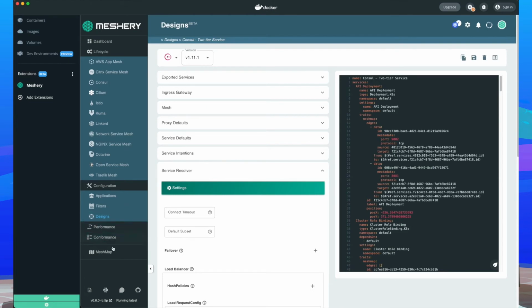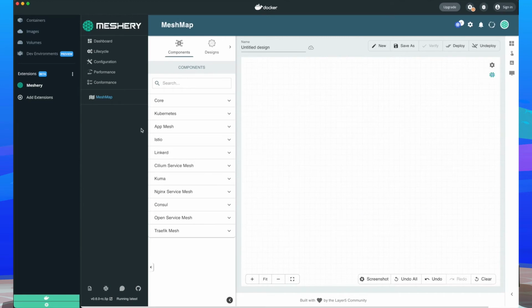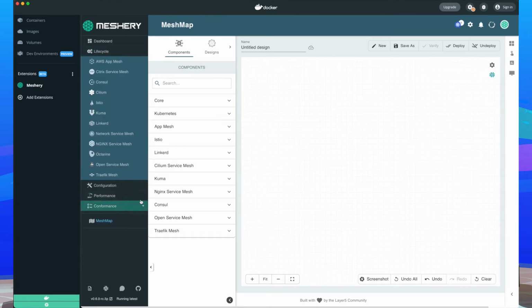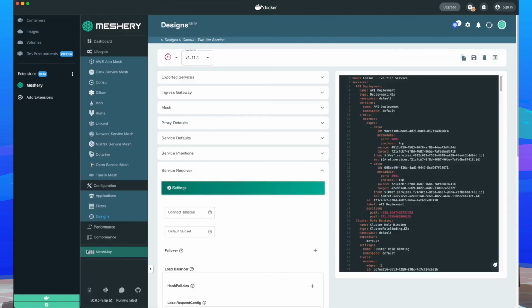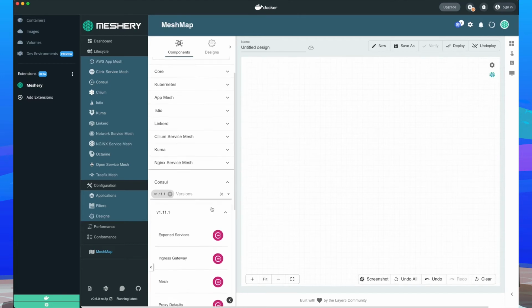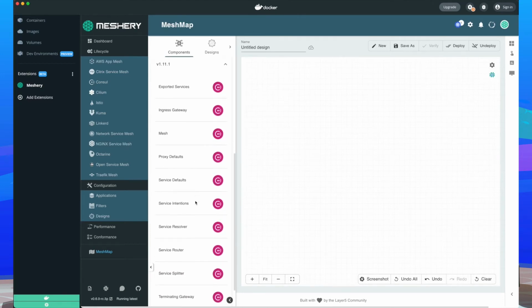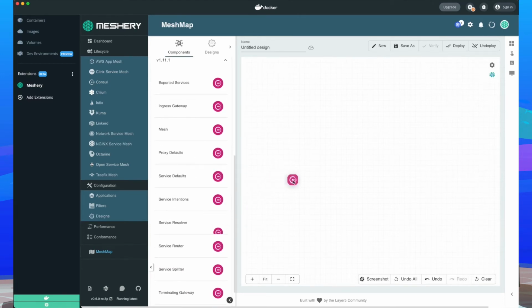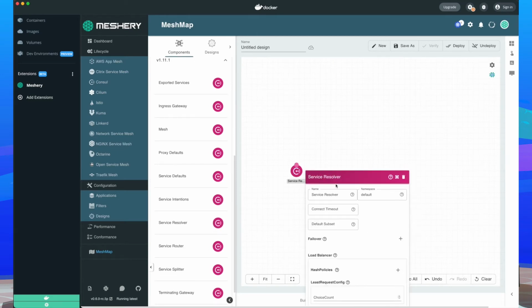Even more intriguing though is the ability to use MeshMap as a visual designer for visually creating your deployments and further exploring the capabilities of each mesh of Consul service mesh.